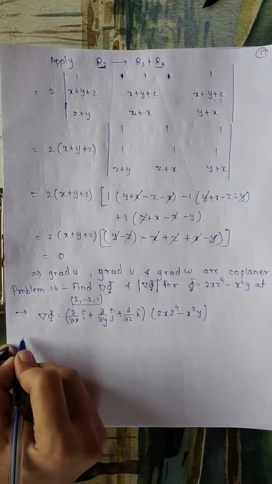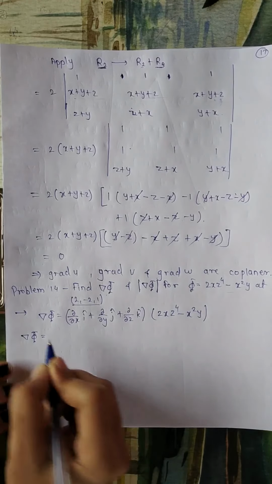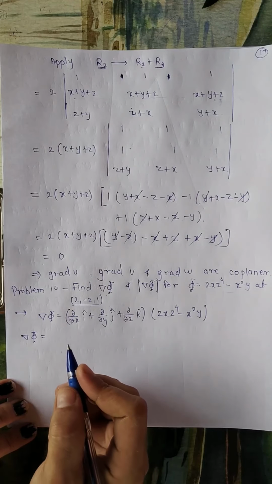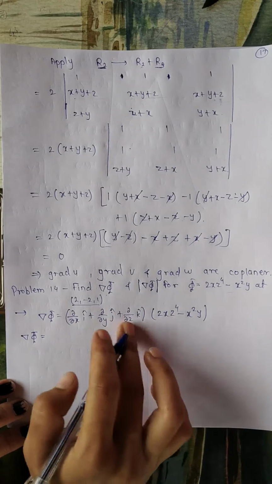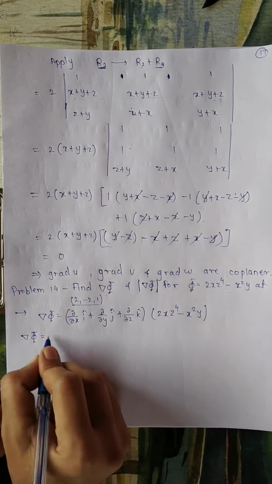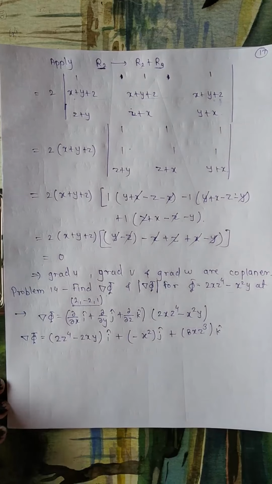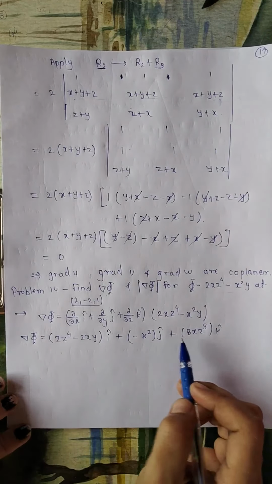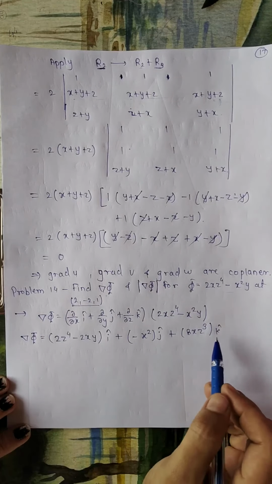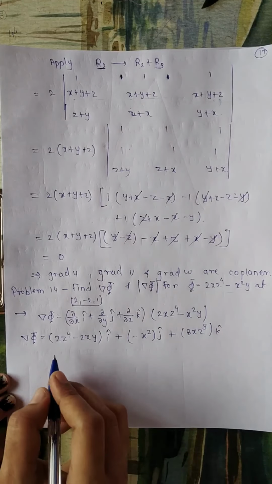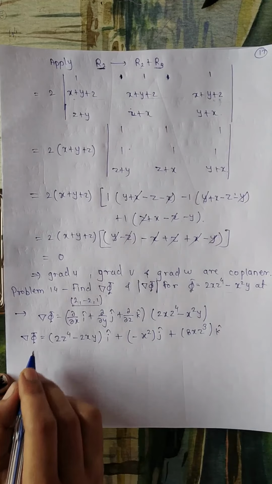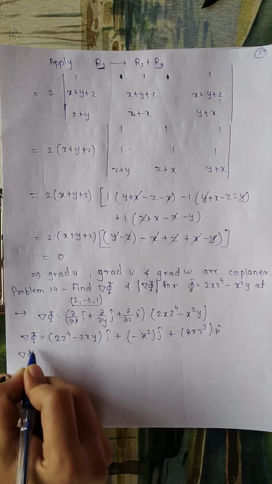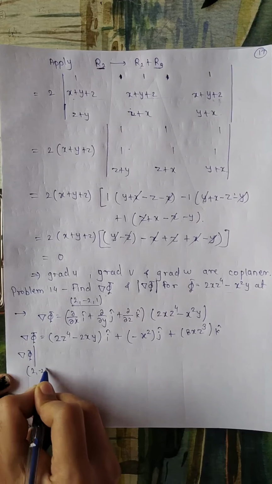Now it is expected that you can calculate this gradient of phi. So directly I will write the value of this gradient of phi. You have to calculate it on your own. So this is the gradient of phi. I am not going to explain this. Now you should be expert in this. So we got grad phi. Now they have asked us to find this grad phi at this point. So grad phi at 2, minus 2 and 1.